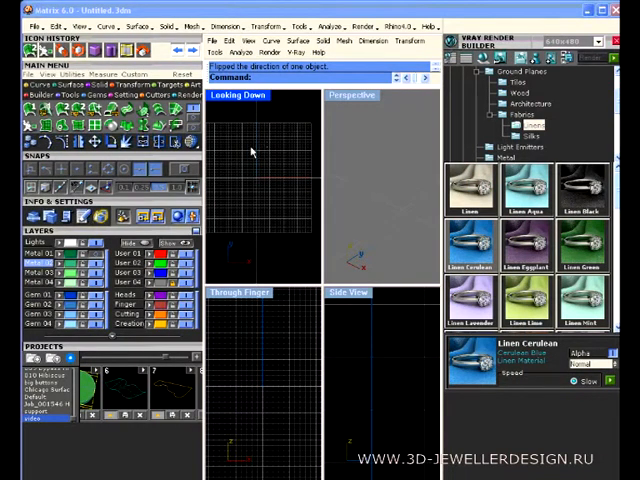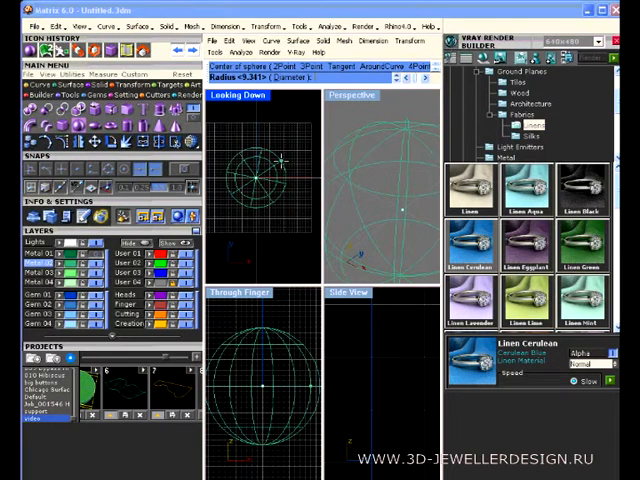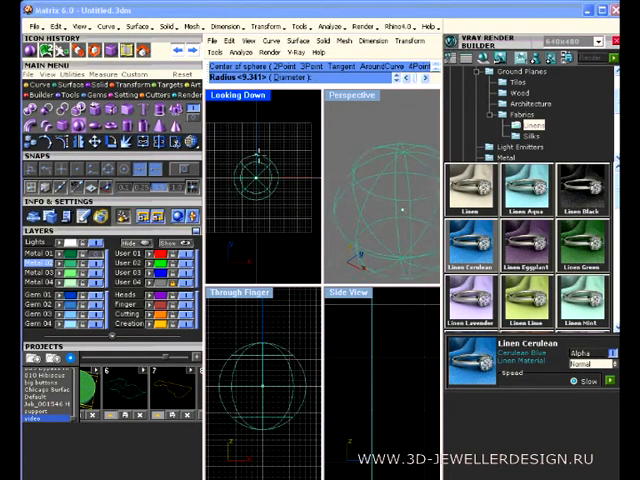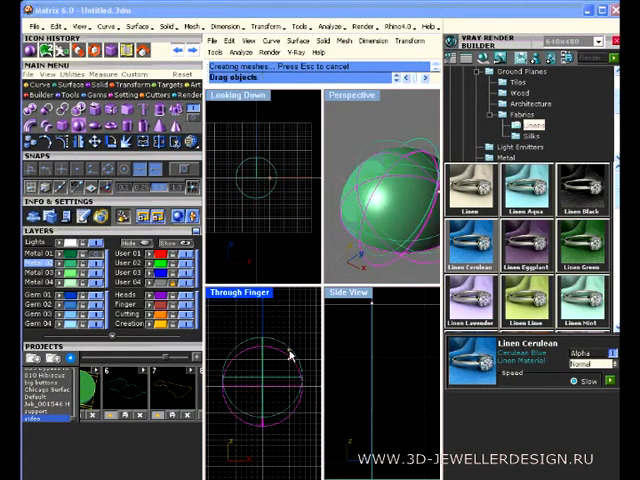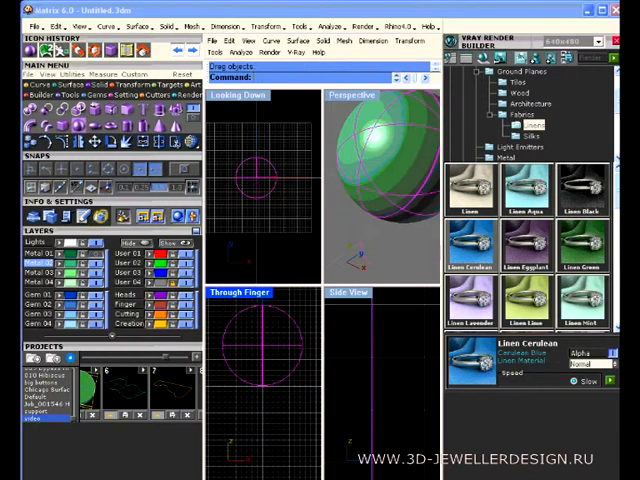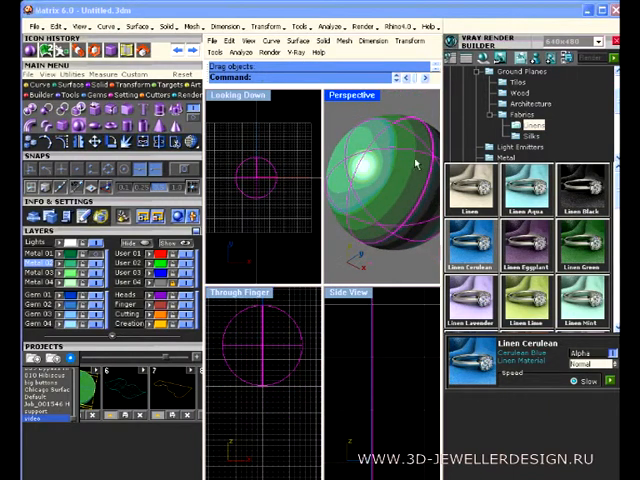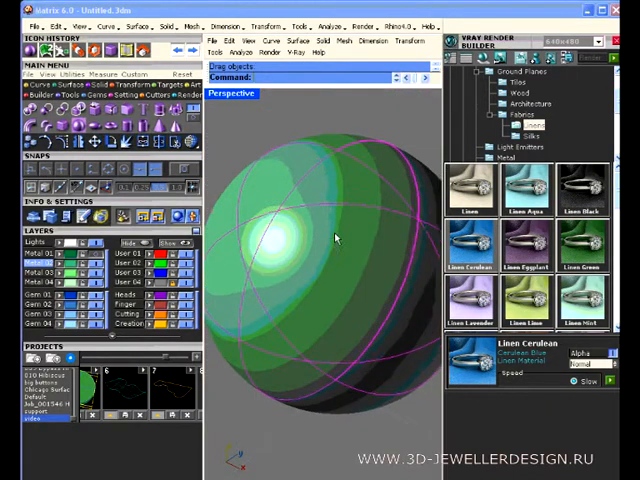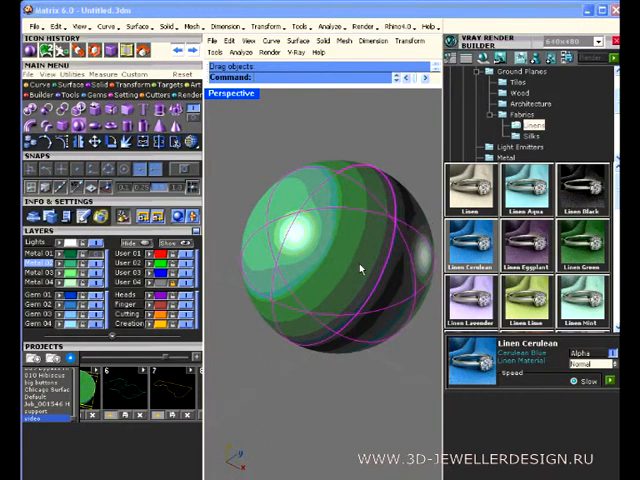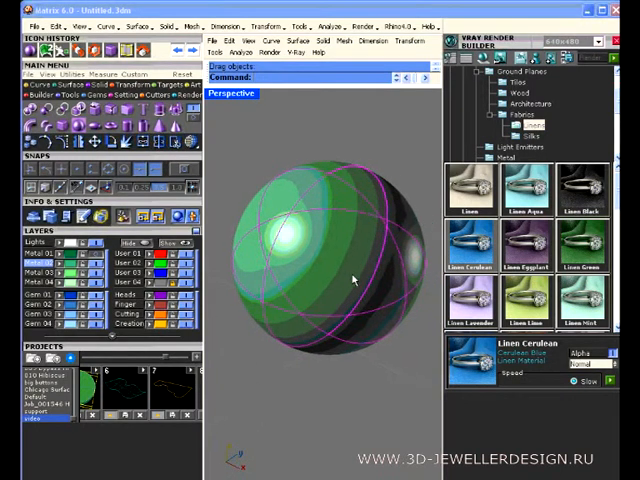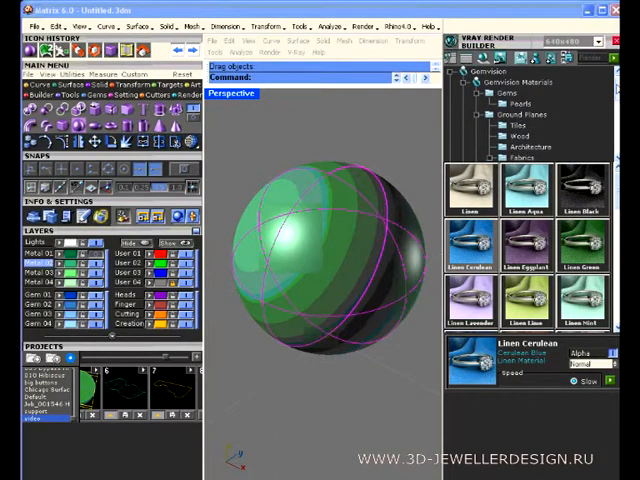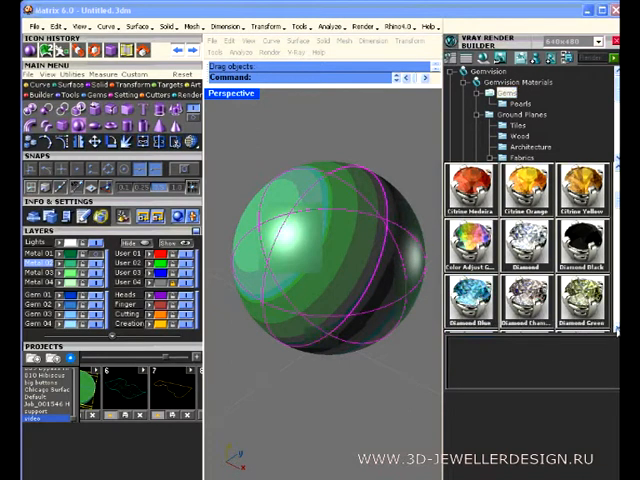Okay, so now let's cover the last couple mapping types. I'm going to go ahead and just make a sphere. Okay, and we'll move this up onto the ground plane there. Okay, and let's go ahead and assign a material. And I've got